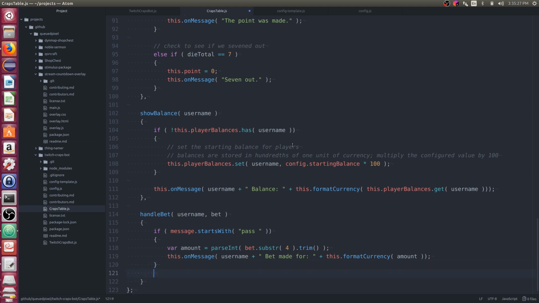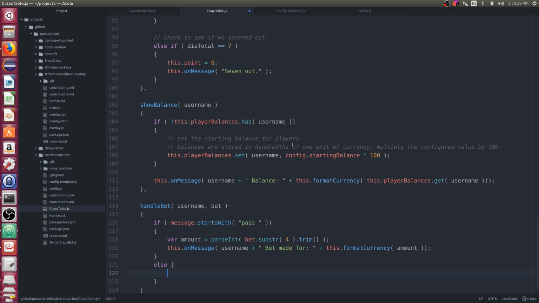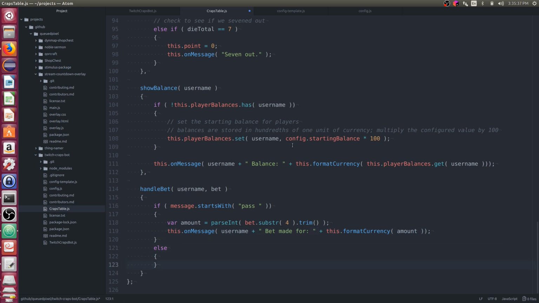If we don't specify a pass line, let's say else, and send out an unrecognized bet or something.